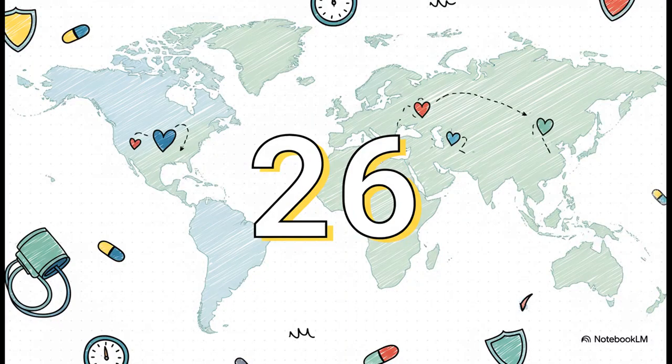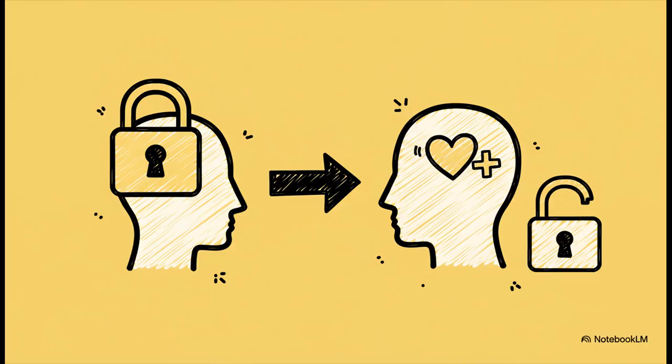On a 100-point knowledge test, patients who were already living with hypertension scored an average of just 26. That's not just low awareness. That's a serious breakdown in helping patients understand their own health condition. So the message from this dispatch is crystal clear. You simply cannot manage a disease you don't understand. Good, accessible health education has to be a cornerstone of any strategy, especially for people who might have less access